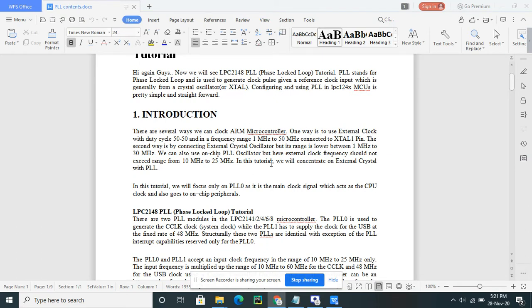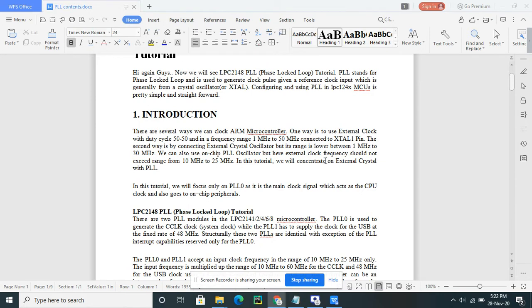We can't use a very high crystal frequency directly, because the speed of the microcontroller fully depends on the crystal frequency. The question will immediately arise in your mind: why can't we increase the crystal oscillator frequency? If we increase it, noise will come. So, in order to avoid these issues, people designed the phase locked loop concept. With its help, we can multiply the frequency and enhance it up to 60 megahertz, and in this way we can avoid the fluctuations.